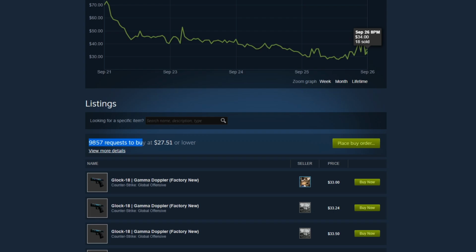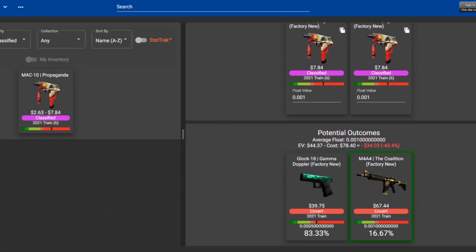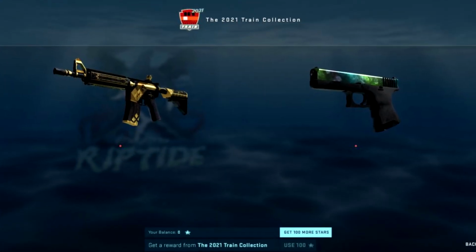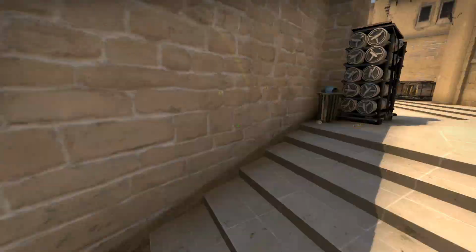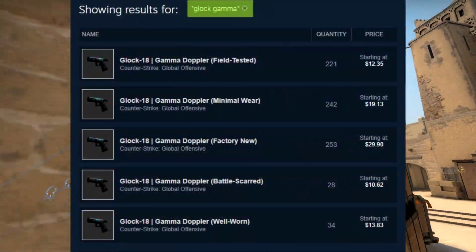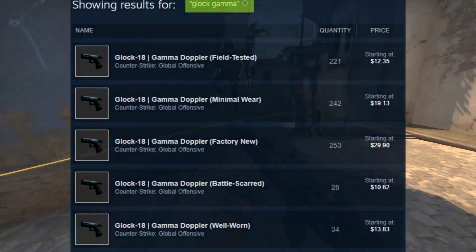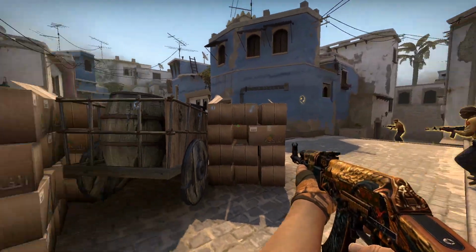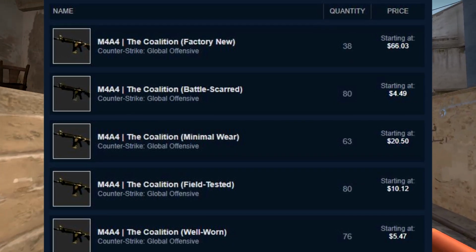Also keep in mind that there are only two ways to get this skin. Number one, by trading up to it, or number two, by buying $45 worth of stars in the shop, and even then you presumably only have a 50% chance of getting it. So you're probably thinking, why is this thing under $45 if it pretty much costs $45 to get it, and even then it's a low chance of getting a Factory New one, and even then you have a chance of getting a completely different skin in the M4 Coalition, and the chance of getting a Factory New one is pretty